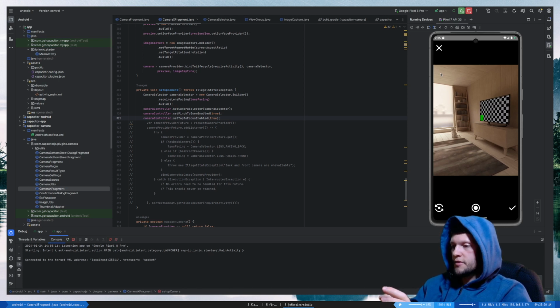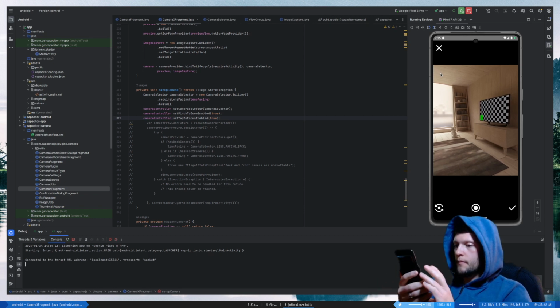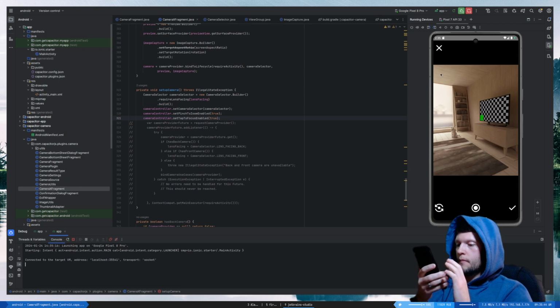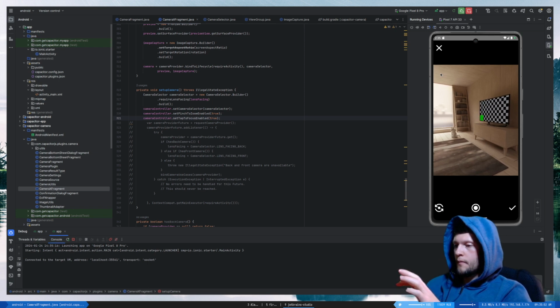Tap to focus works. Of course, tap to focus doesn't